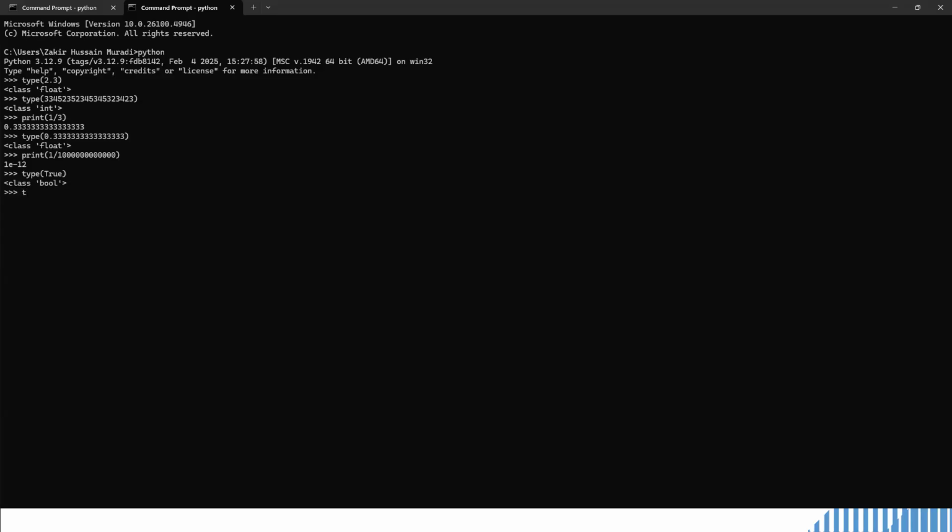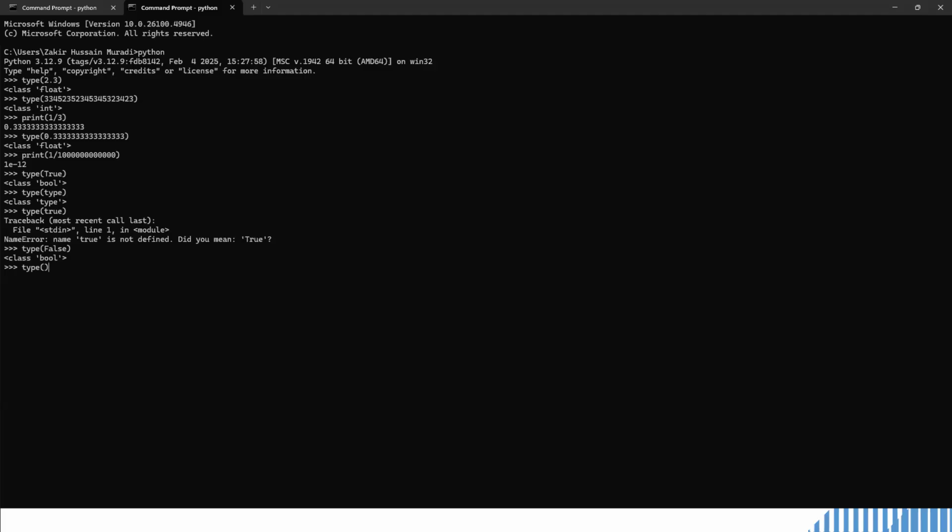If I write true with a small t, it will give you an error. So keep in mind that the Boolean true or false will always be in capital. This is a common mistake, and I always make it because I write in small letters, so it will give me an error if I write Boolean that way.